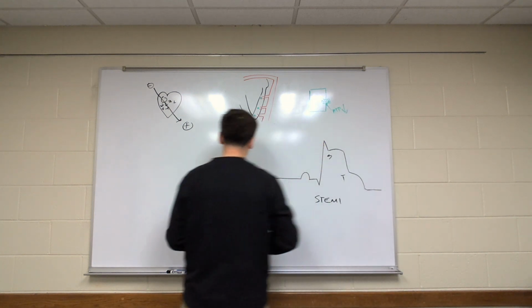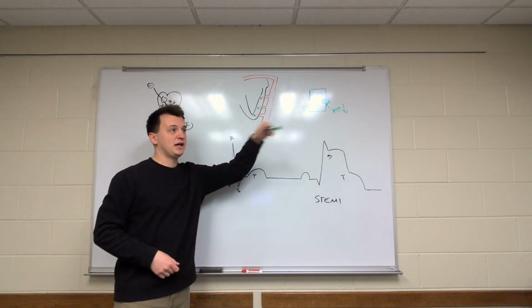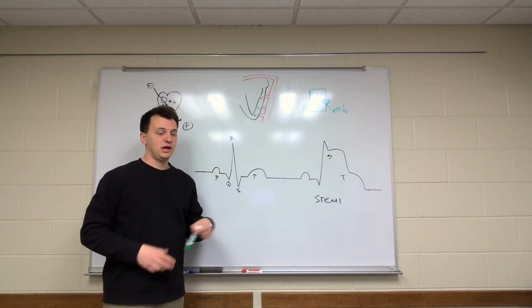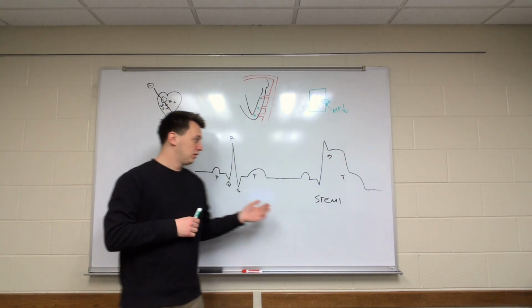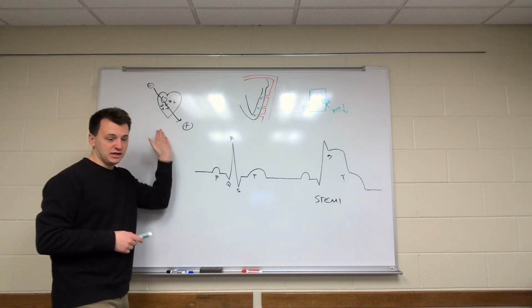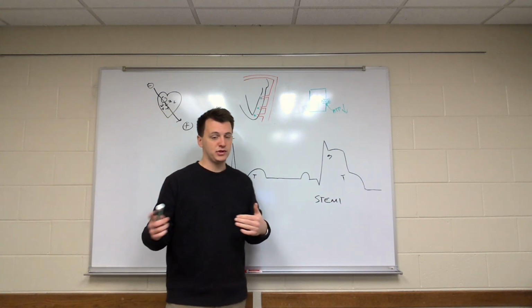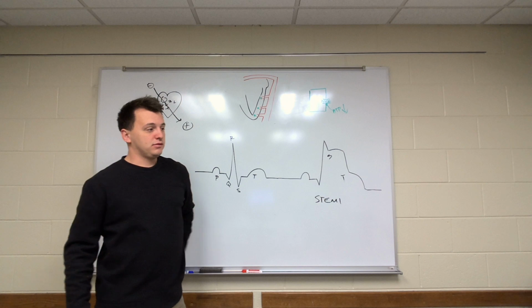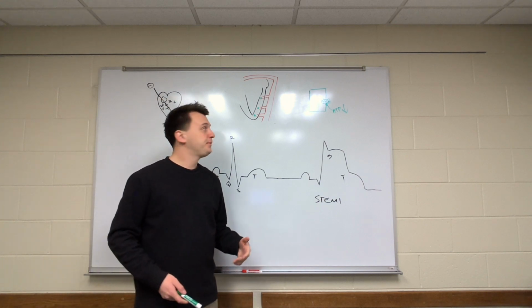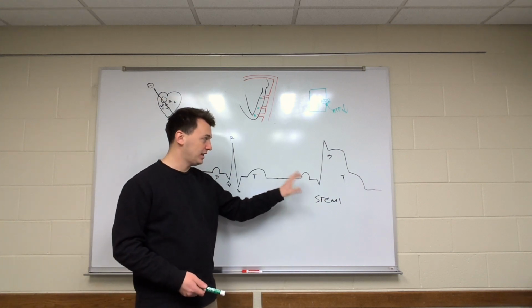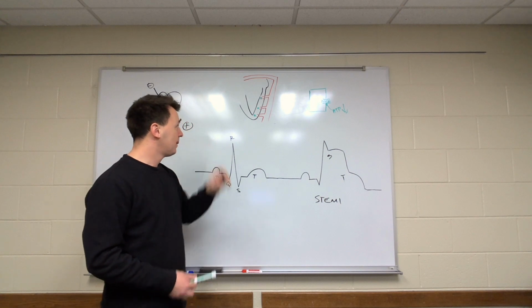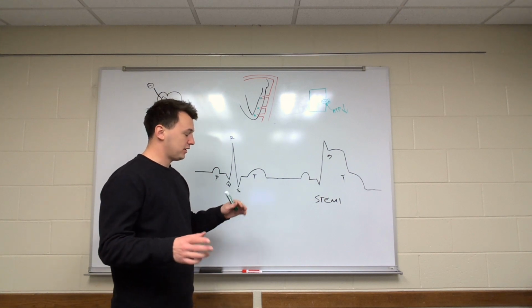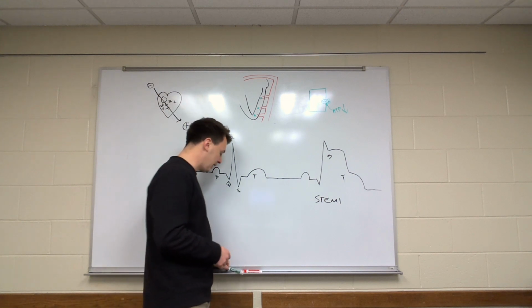And so what actually happens is each of these cells has a negative charge to it. And this changes, again, we have leads and we're tracking action potentials and electrical gradients throughout the body. It changes, and that's how we get this STEMI going on. So what really happens with STEMI is